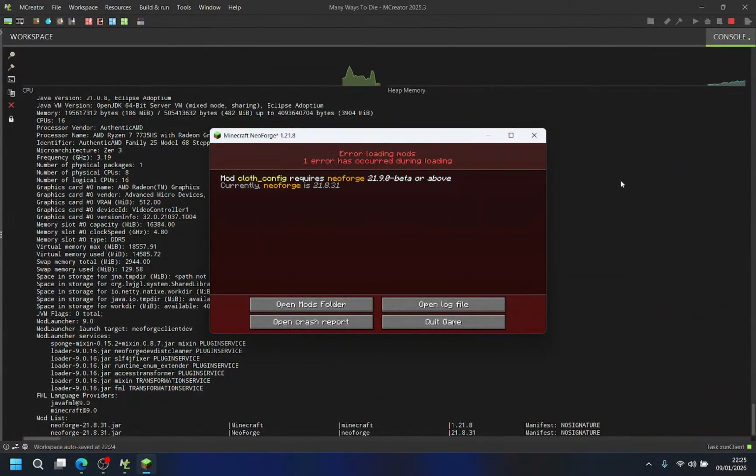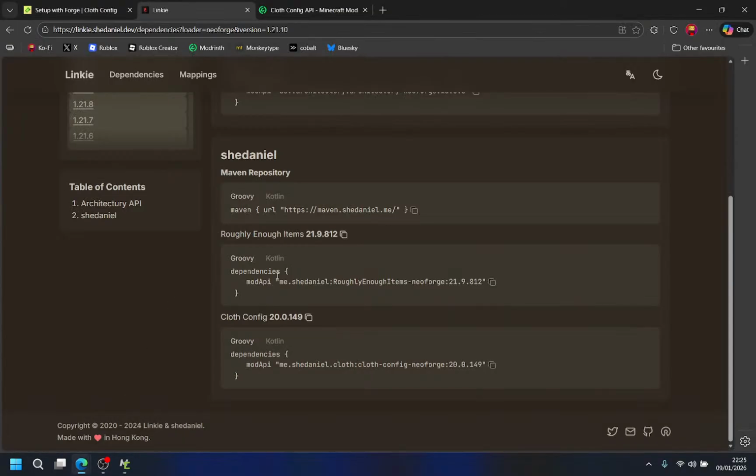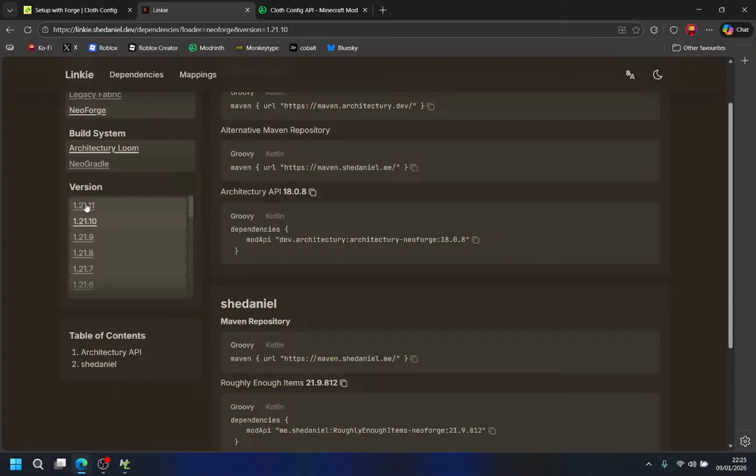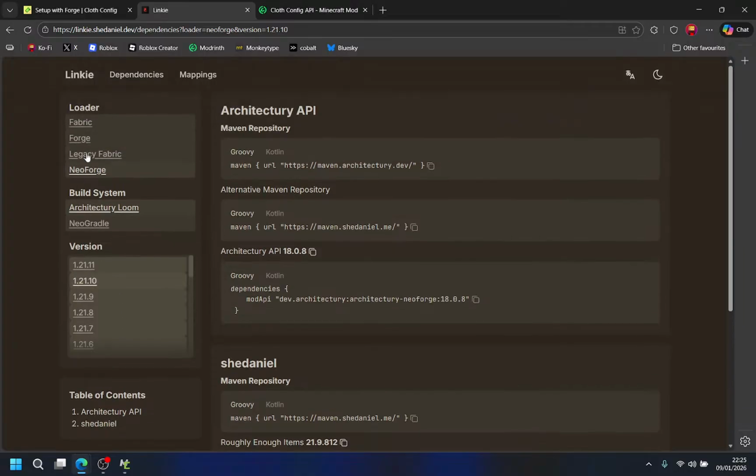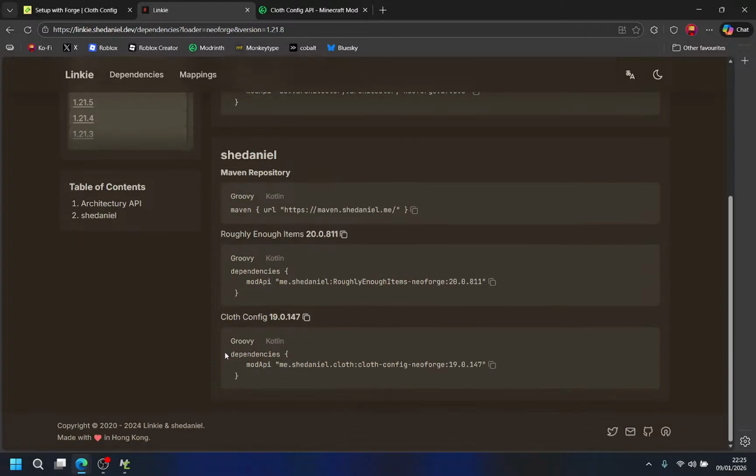Ooh. Oh, okay. Clove Config requires NeoForge. Oh, okay. So wait, how do you actually do it? Because, like, NeoForge, architecturally this, but this doesn't work.